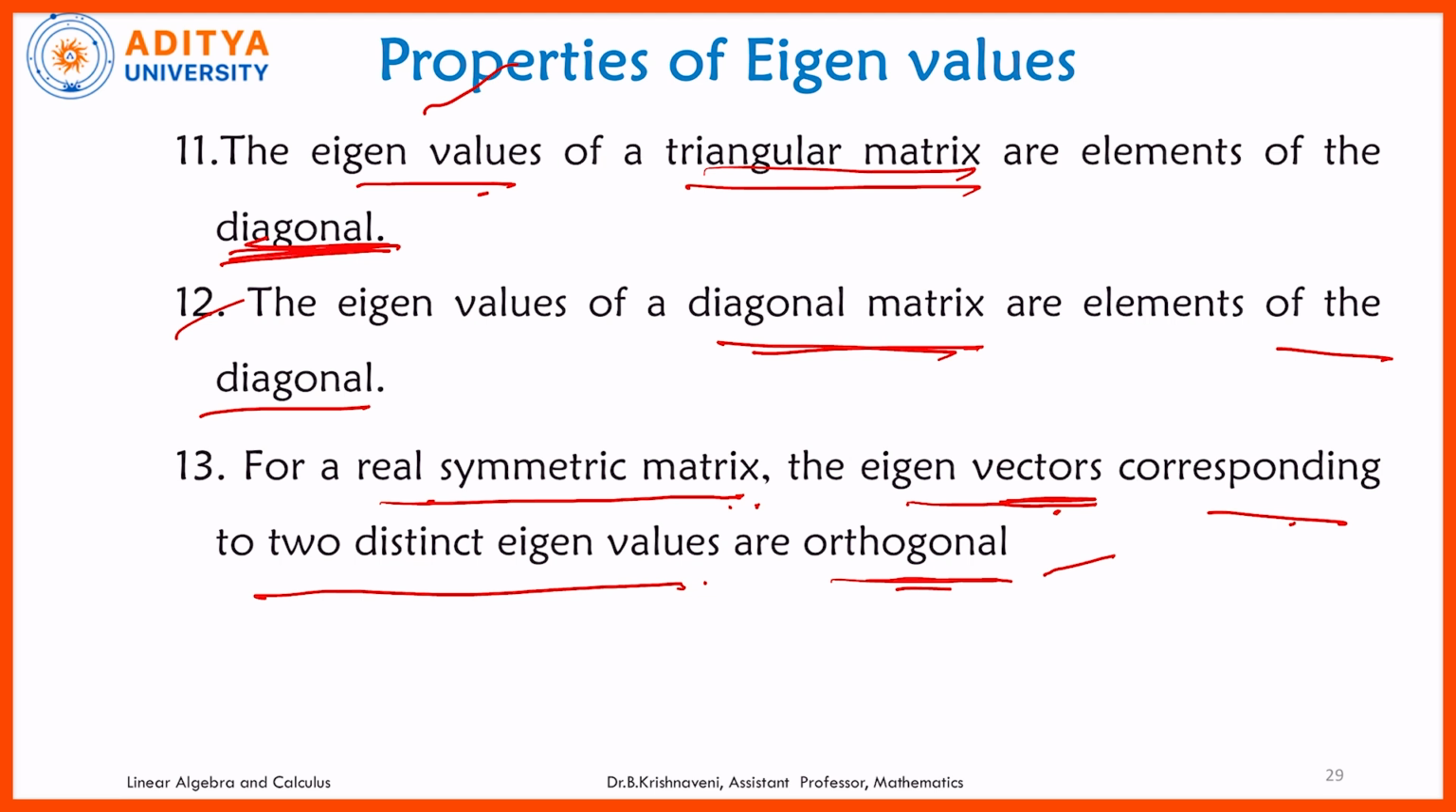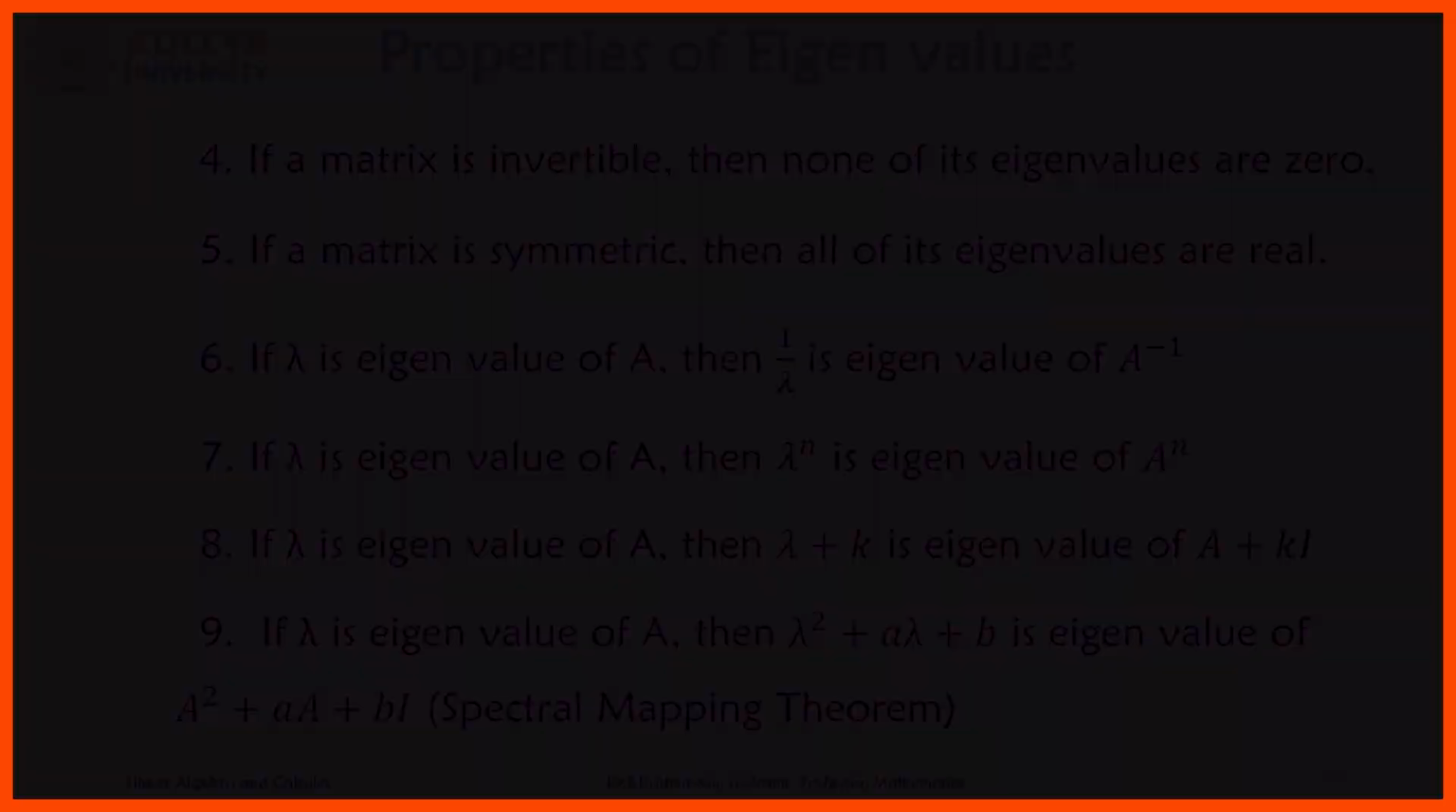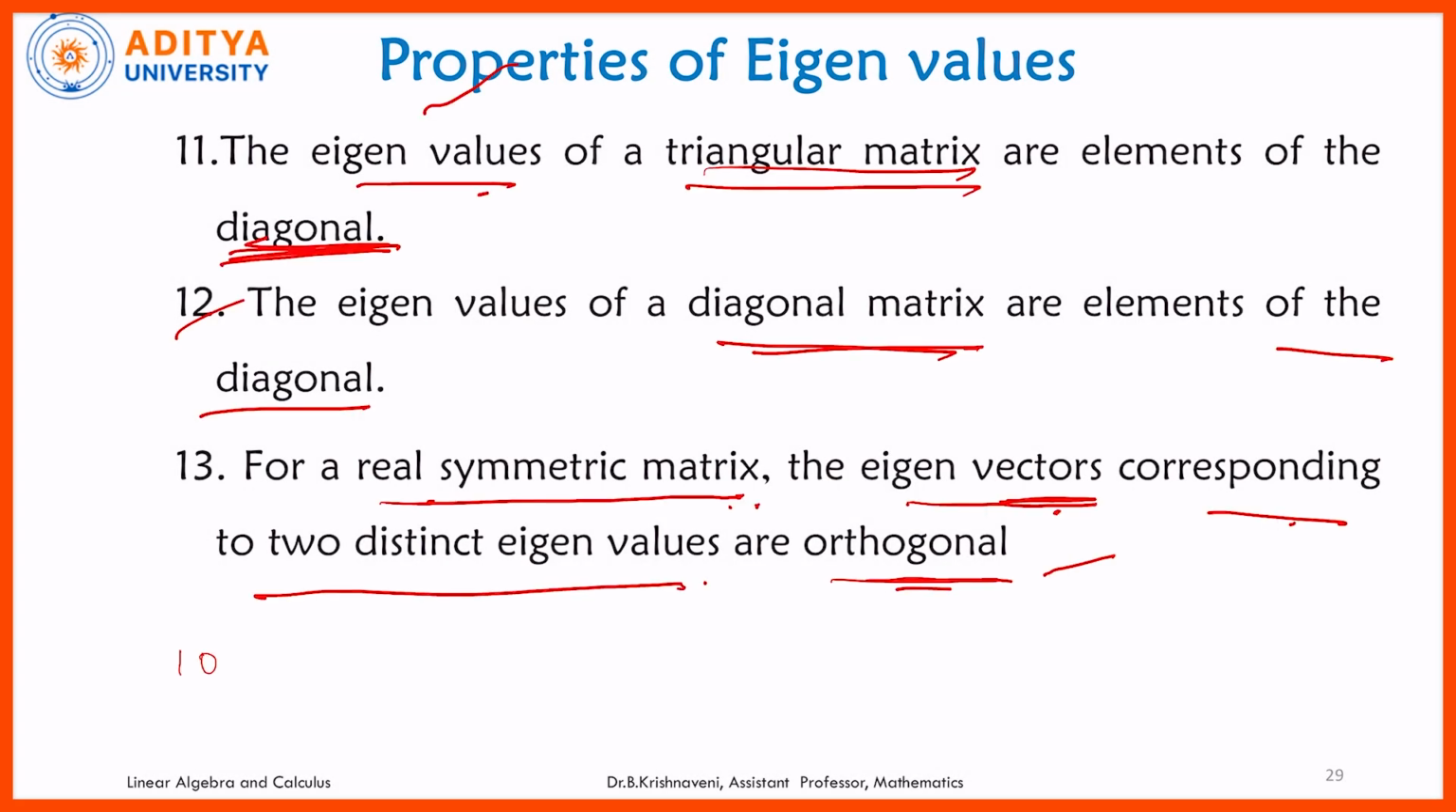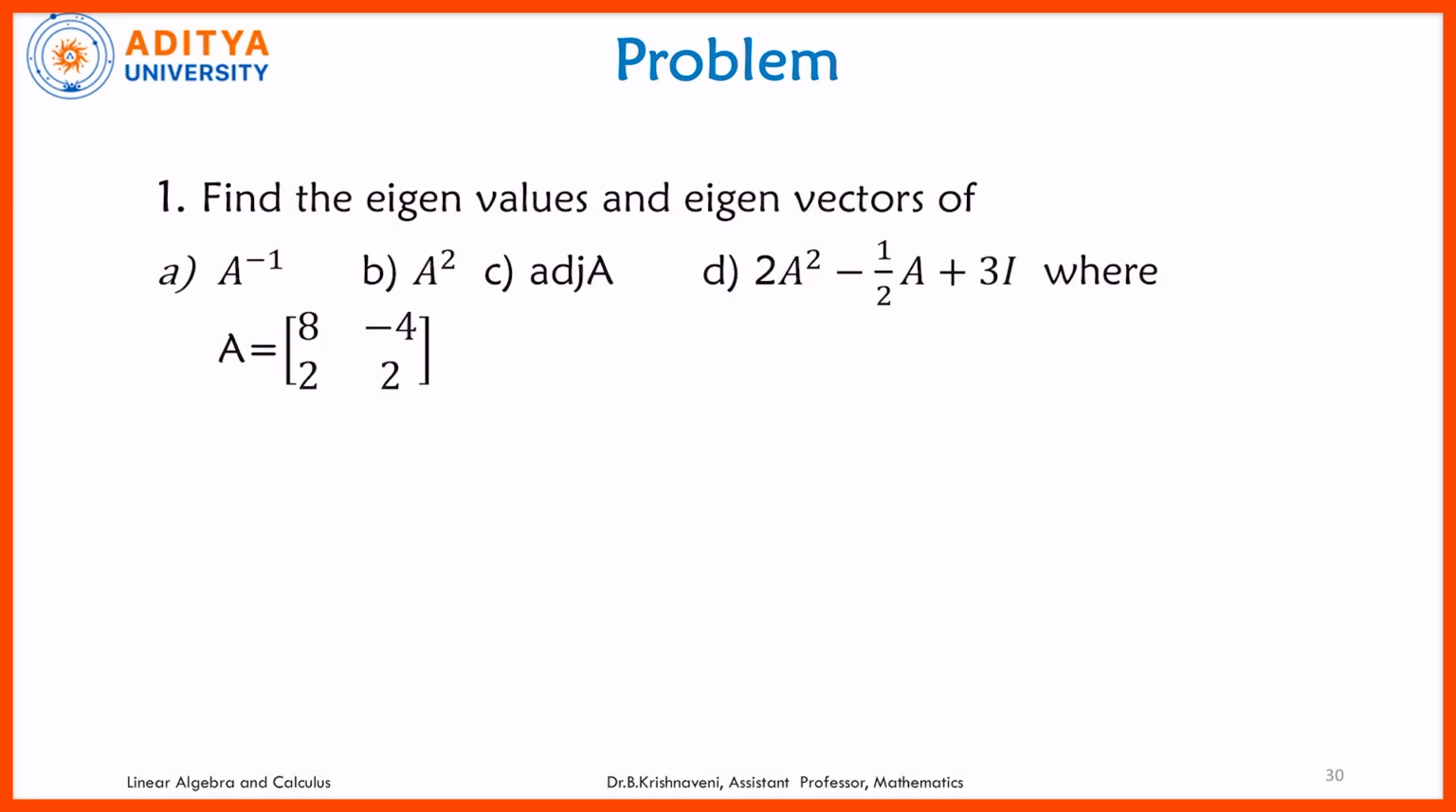Actually, here, if you see the 9th property, the 10th property is missing. What is the 10th property? If lambda is an eigenvalue of A, then det A by lambda is an eigenvalue of adjoint of A. That is the 10th property. Thereafter, 11th, 12th, and 13th. So now by using these properties, you can see how easily you can find the eigenvalues for this